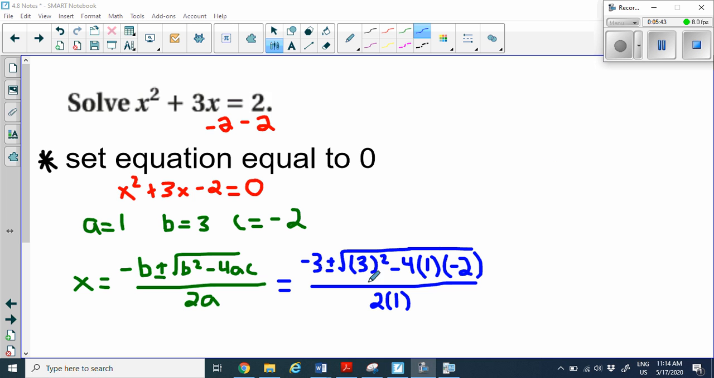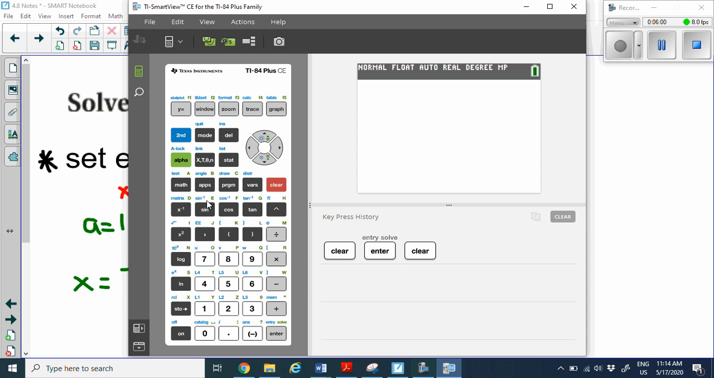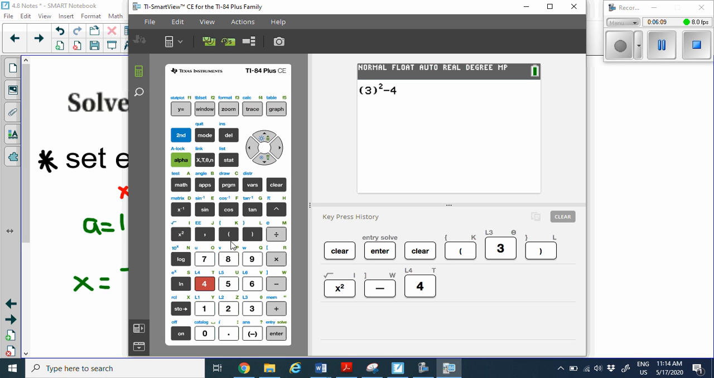Okay, so we're going to plug this whole thing, parentheses 3 squared minus 4 times 1 times -2, into your calculator. Now we're going to do it without the radical, so make sure you're paying attention to what I'm putting into my calculator and you're doing the exact same thing. So parentheses 3, we square it. Now I'm going to use the subtraction sign, minus 4, and then my parentheses 1, and then another parentheses for